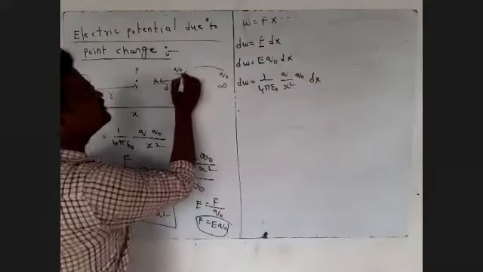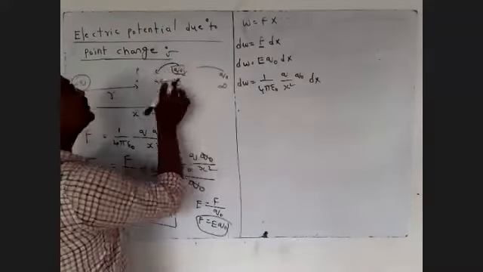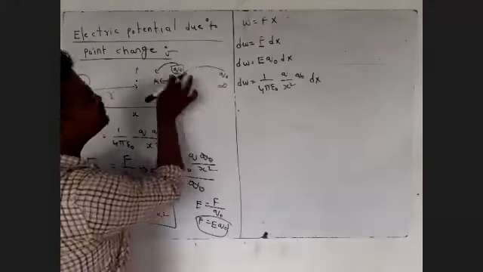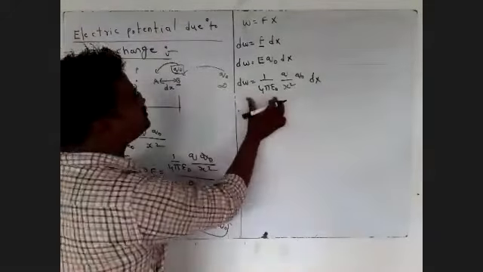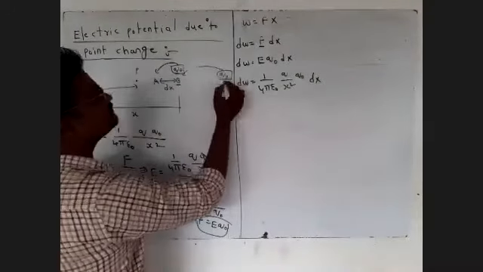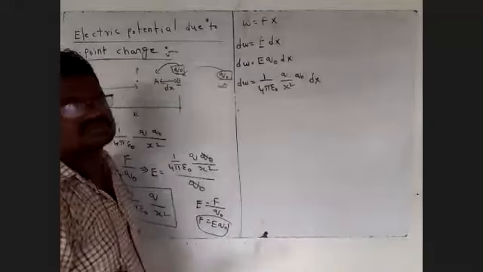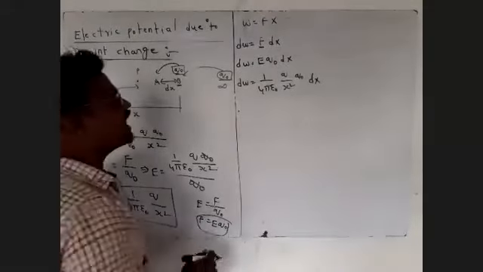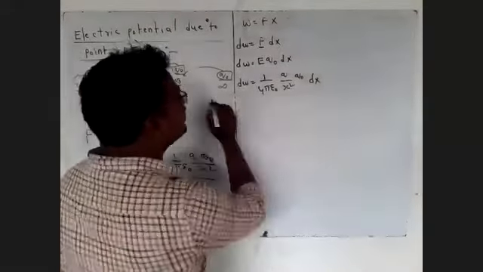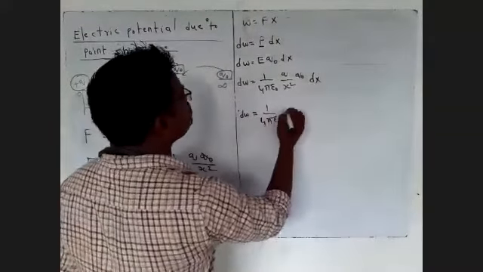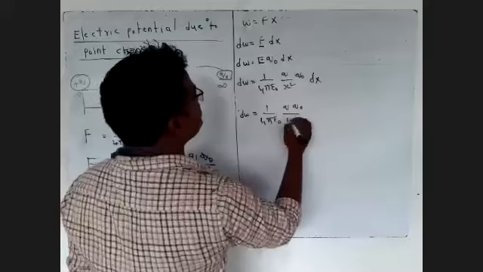The charge Q naught shifting from B to A is a small work done. Suppose the charge Q naught is shifting from infinity to point P, that is a large work done. To find the large work done, we apply integration on both sides of the equation, with 1 by 4 pi epsilon naught, Q Q naught by x squared.